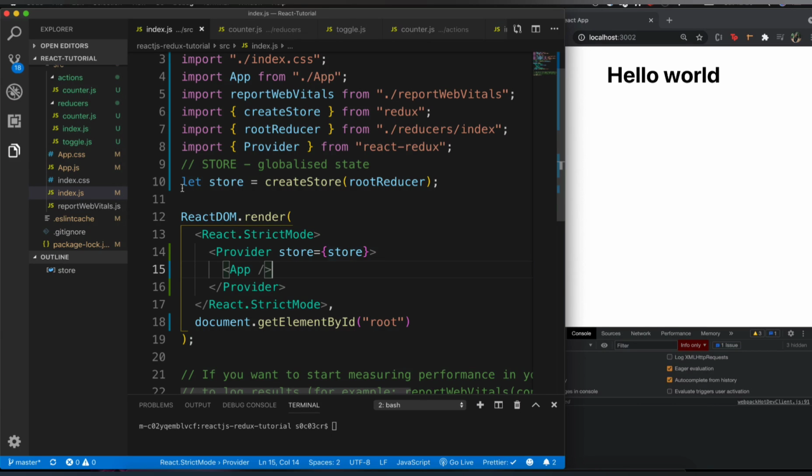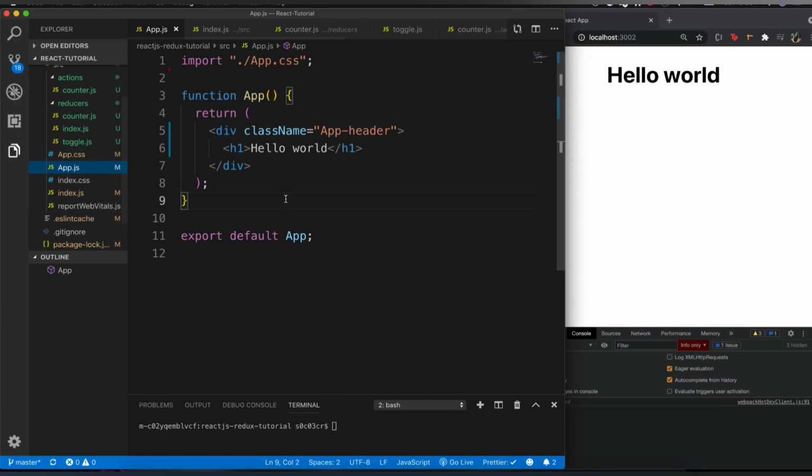Finally, it's time for us to actually go ahead and use it, right? So I'm going to go to app.js, and let's say I want to use some value from the state from the store inside of app.js, right? So since we have created a counter example, let me say that I want to actually import the counter state. We have two states, right? We have two reducers. We have counter, and we also have what we call the toggle. So let me say inside of app.js, I want to use counter. Let's see how we can do that.